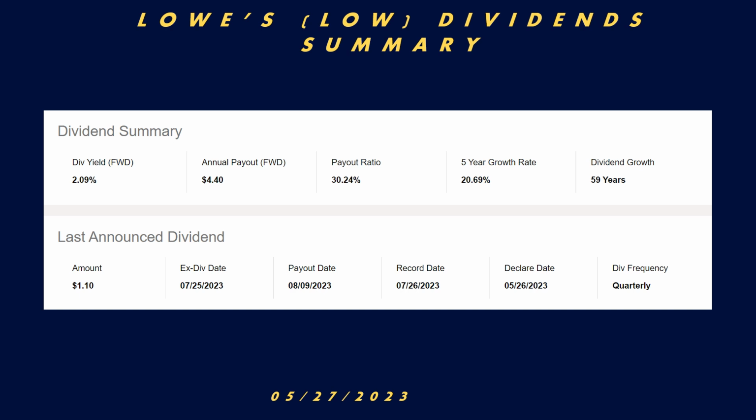The 5-year growth rate. So the dividend compounded annual growth rate for the last 5 years is almost 21%. Now, this is a spectacular metric. Basically, what this says is that on average, Lowe's has increased its dividend yield by an average of 20.69% for each of the last 5 years. Some years more, some years less. That's phenomenal. You know, as dividend investors, we typically like to look at the yield and the growth rate combined